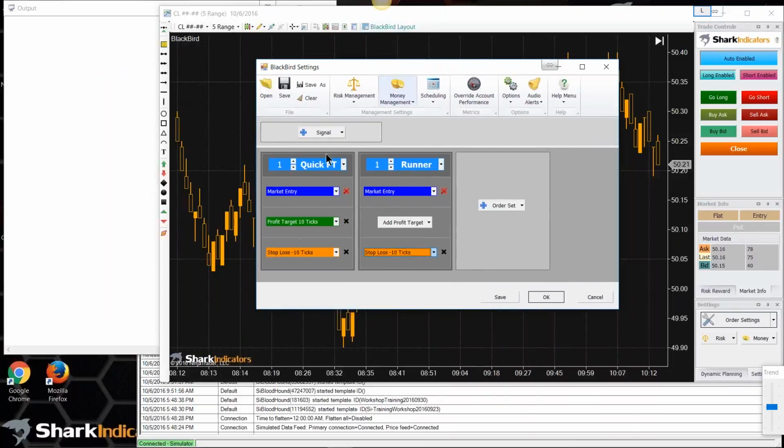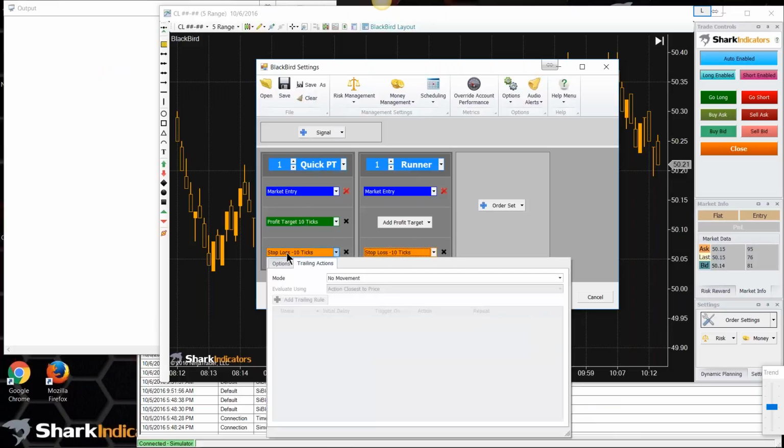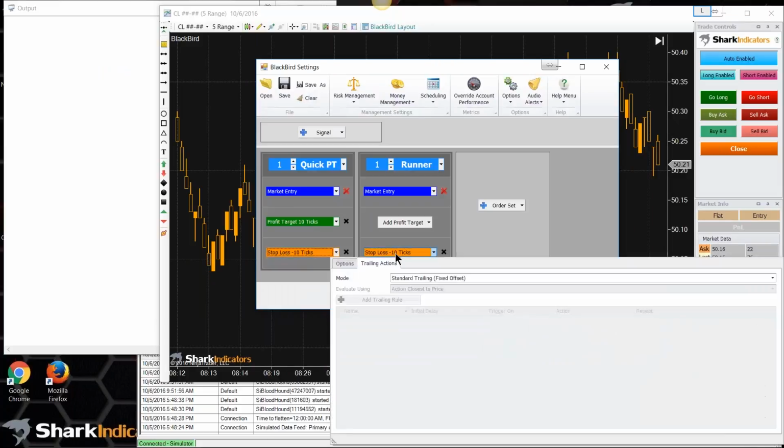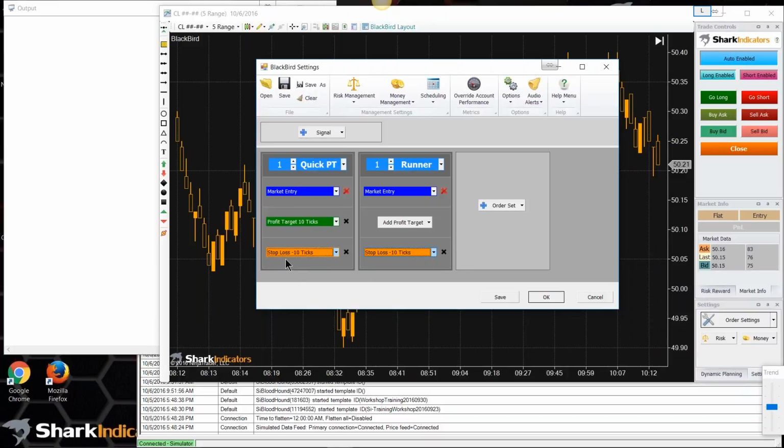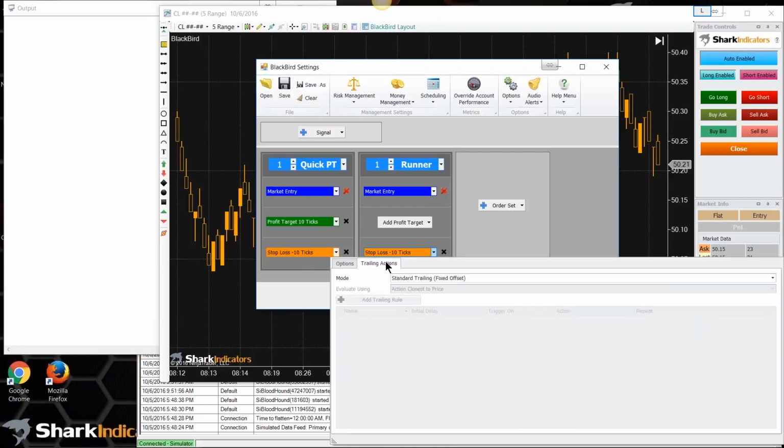Right. So, naming your order sets also shows up in the output window as well. And it just helps you keep track of exactly which profit target is being moved. Because you can see right now, the stop losses have the same name, right? They're both called stop loss minus 10 ticks. And so if I go in here and say my runner has a different